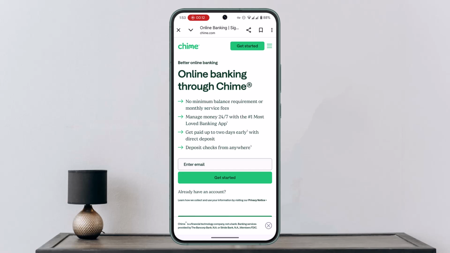First of all, you want to launch the Chime app on your mobile device. Then tap on the Pay Anyone option, typically located at the bottom of the screen. Now you want to enter their name or Chime sign in, and enter the email address or phone number